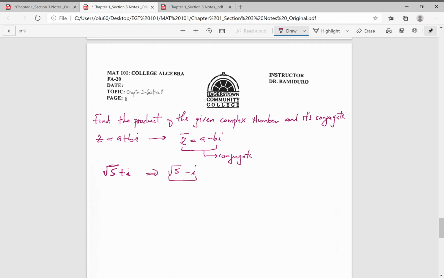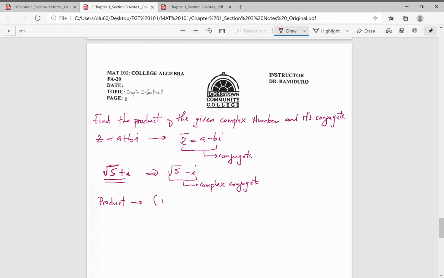This is the complex conjugate of root 5 plus i. Okay? So if you want to be able to find the product of this,